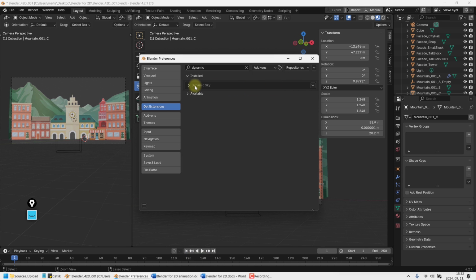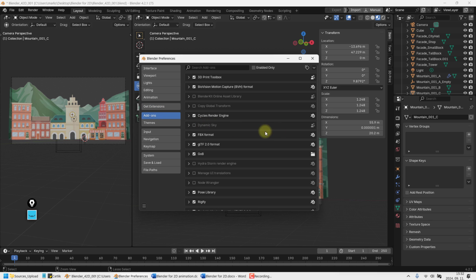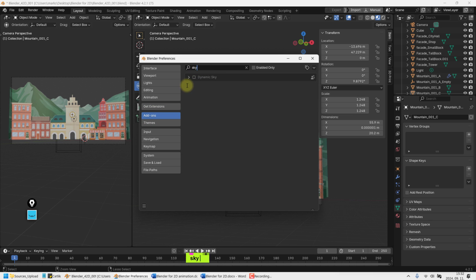It's installed, Dynamic Sky, and extensions.blender.org is the website. So you can directly download it here, and Blender can automatically download it for you, or you can go to extensions.blender.org and look for the zip file and download it. Now, if you download it automatically here, you can just hit install and it will run. But if you don't, for example, you have a specific add-on like Blender Kit, it will be different. So add-ons, and now I'm typing in Sky because I want to enable it. So I'm enabling the Sky,